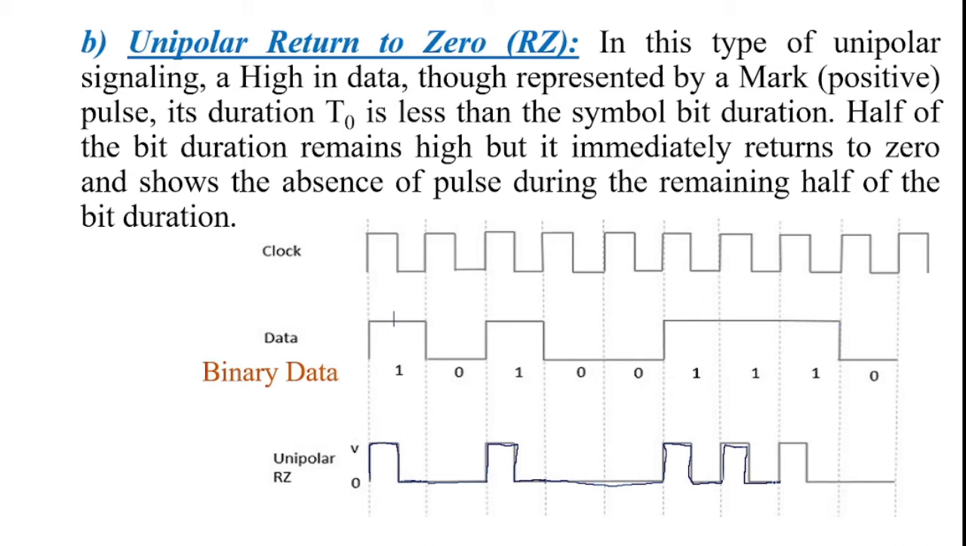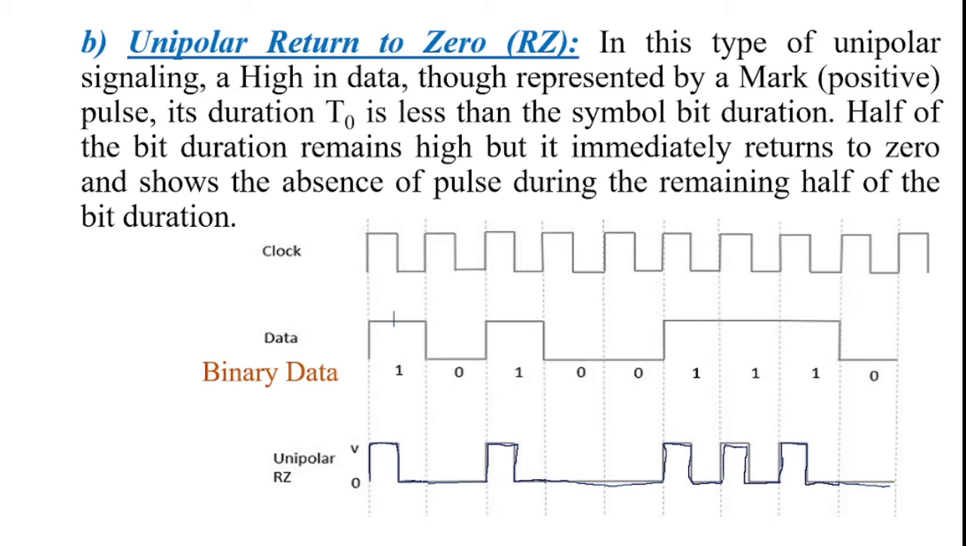In that, a high in data: half of the bit duration is considered a positive pulse, and the remaining half of the bit duration is considered an absence of the pulse. And for a low in data, there is no pulse. This is the concept of unipolar return to zero. So that is unipolar